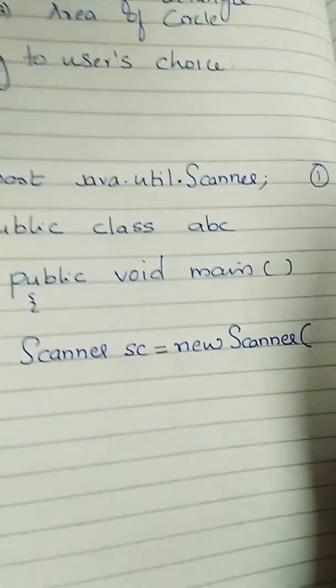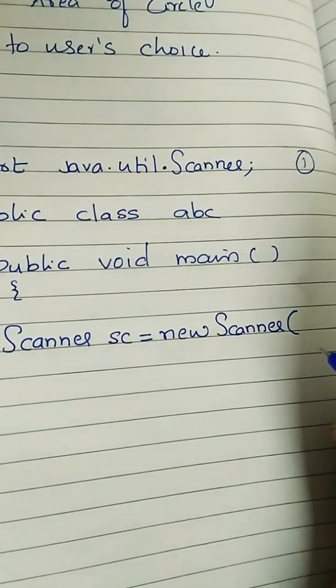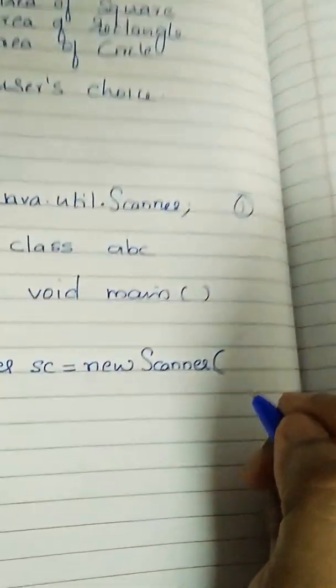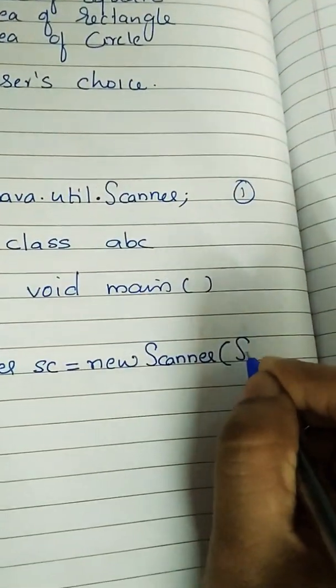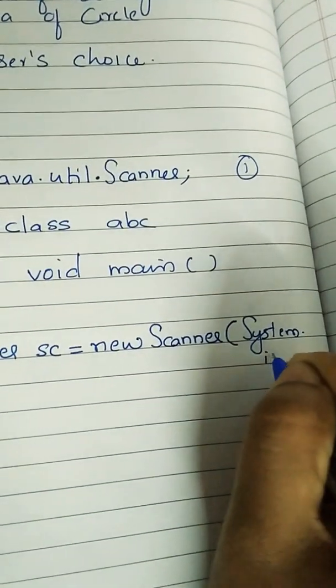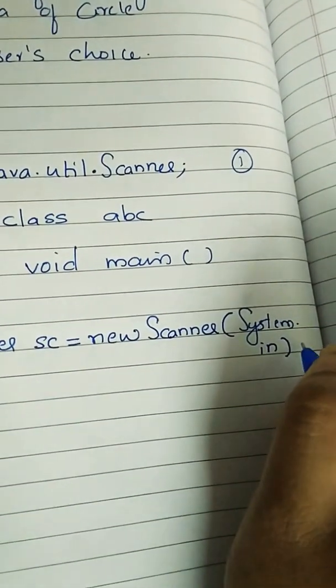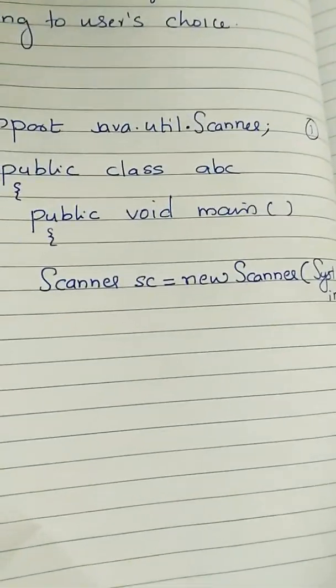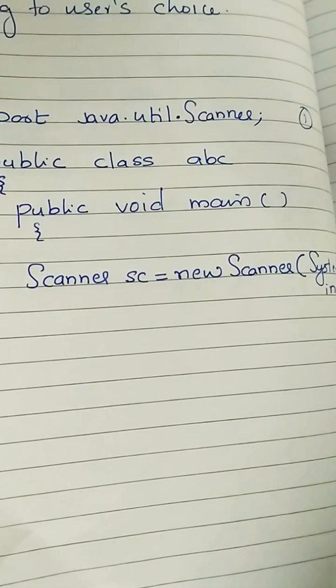And then one more point. To get an output, what will you write? System.out. Yes, here we want to get the input. So what will you write? System.in. So I am writing System.in and I will close the bracket and put a semicolon, the statement has ended. So we have created an object for the Scanner class. The second step is done when using Scanner.